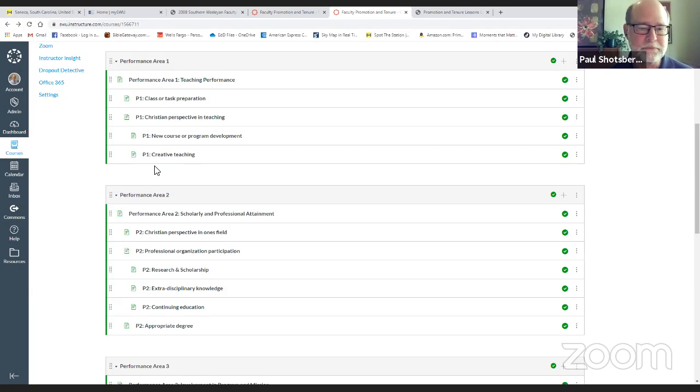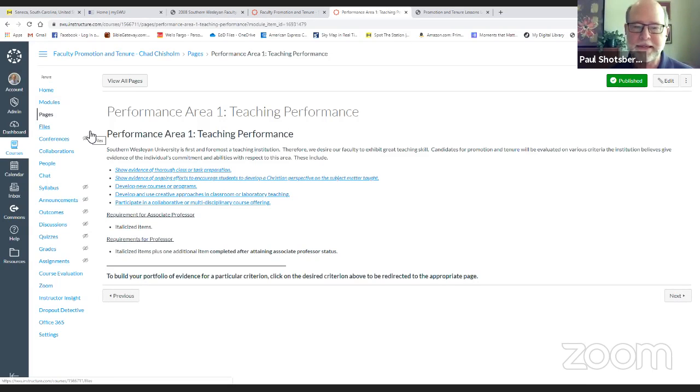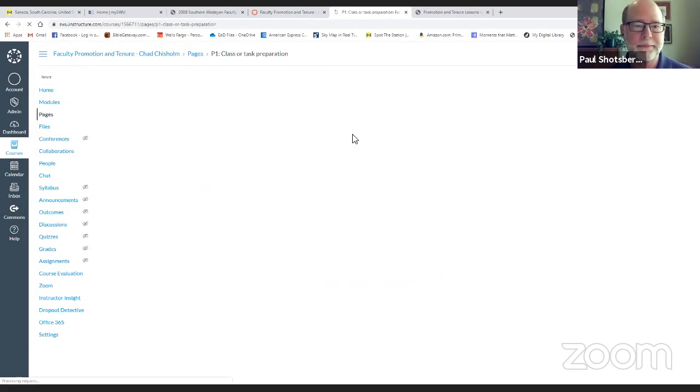So what would be a good thing? The performance area is just generic, and it's exactly the requirements that were in the portfolio. So once you get into it a little bit,